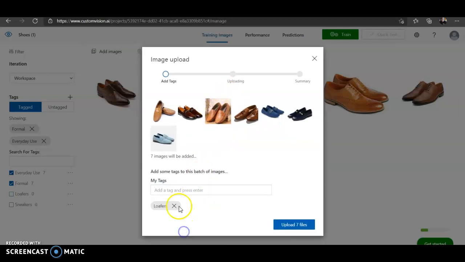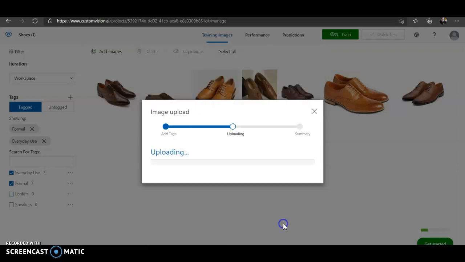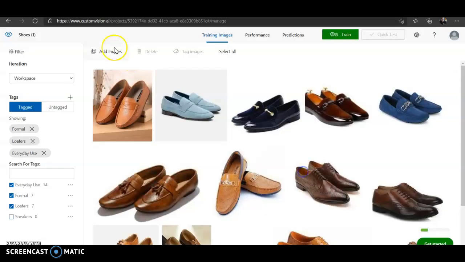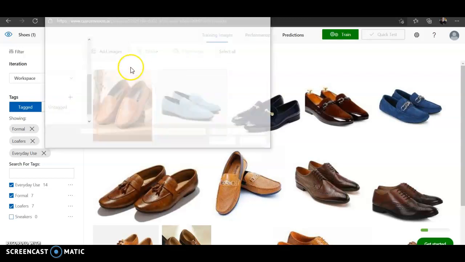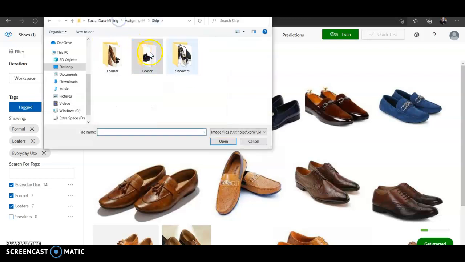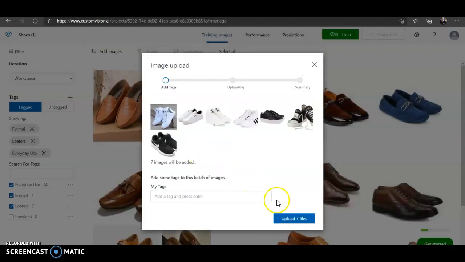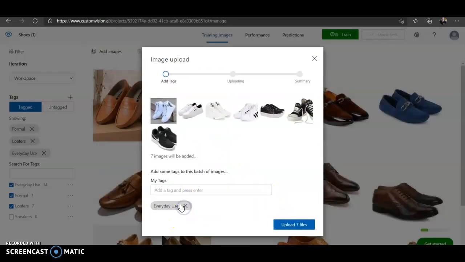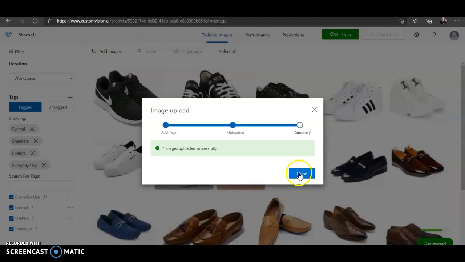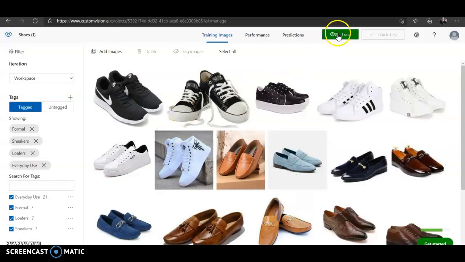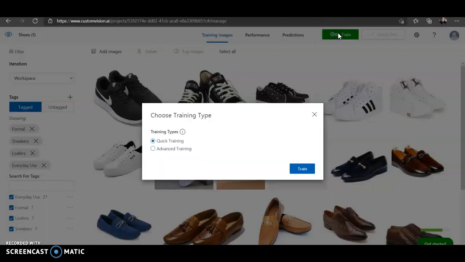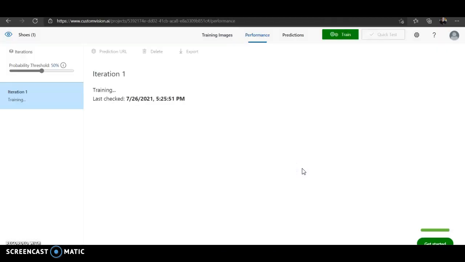These will be loafers, and this will be everyday use. So this is done for my loafers, and my last category of shoes will be sneakers. For this I will choose everyday use and sneakers. So these are my images that I have done, and then I will click on my train button. Here I will use quick training and train it.